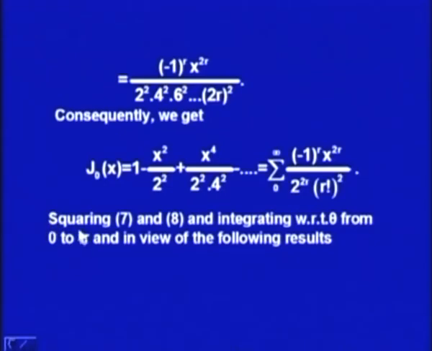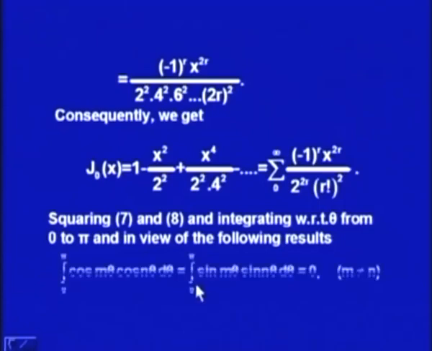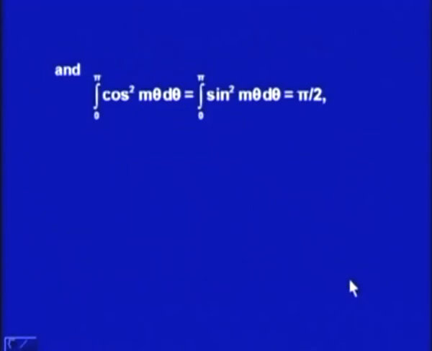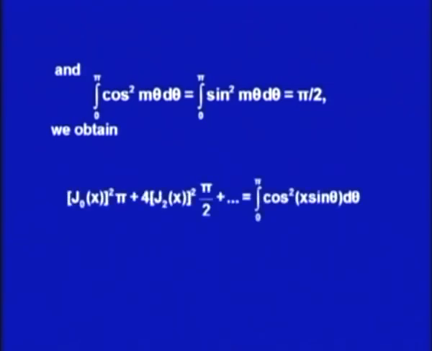Now, let us square equations 7 and 8 and integrate with respect to theta over the interval 0 to pi. Then, in view of the following results, integral 0 to pi cos m theta cos n theta d theta and integral 0 to pi sin m theta sin n theta d theta being 0 whenever m is not equal to n, and integral 0 to pi cos square m theta d theta and integral 0 to pi sin square m theta d theta being equal to pi by 2, we obtain (J naught x) whole square into pi plus 4 (J 2 x) whole square into pi by 2 plus and so on